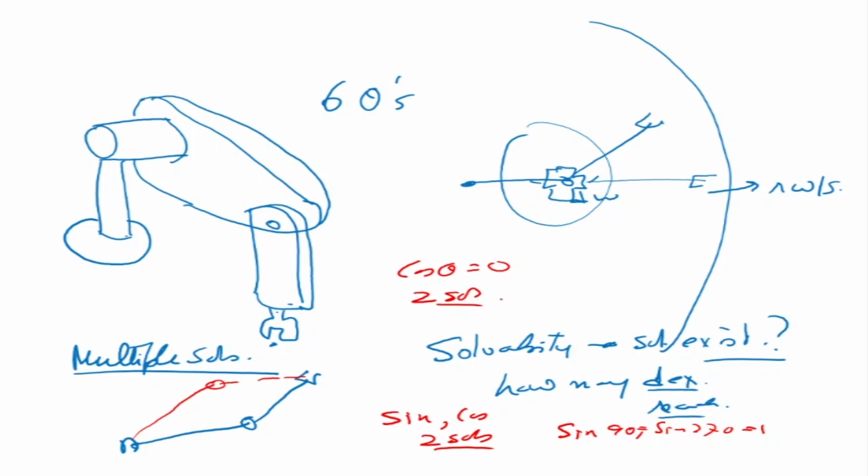Because these are all sine and cos terms which are going around, and there are 6 of them in the case of the Puma, you'll have multiple solutions. Similarly, in the case of the 2 degree of freedom system, this is an example of 2 solutions. And this is something that also makes the solution procedure tricky. Now, when we are trying to solve, we talk about a closed form solution. So if a solution exists,